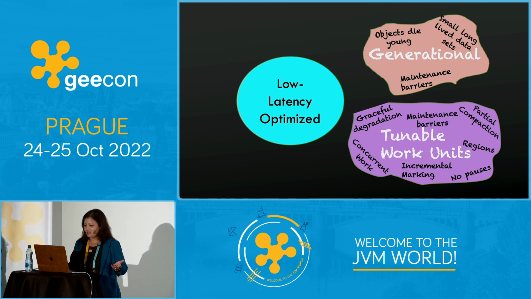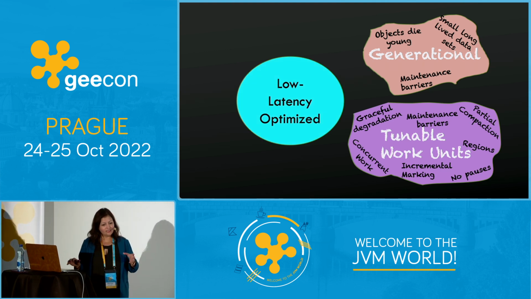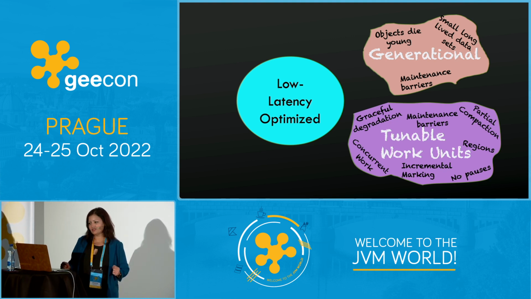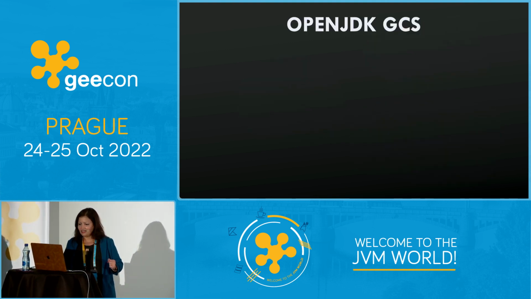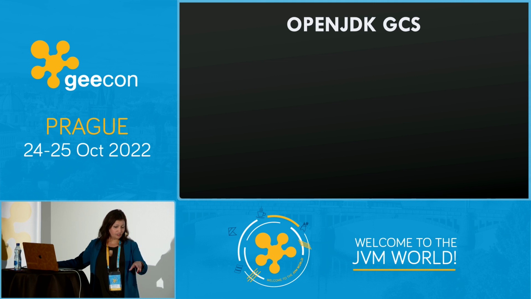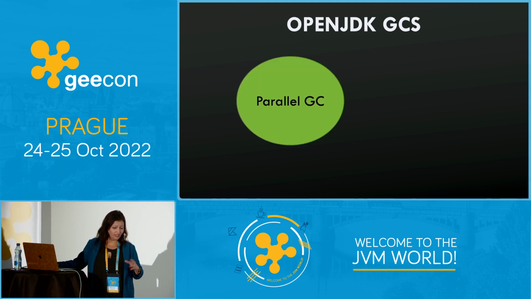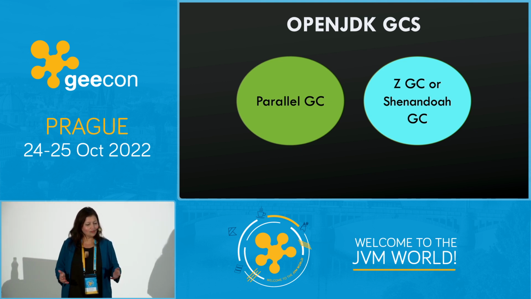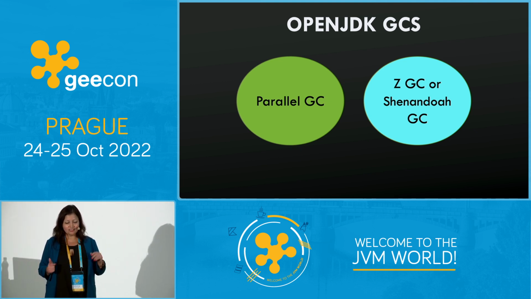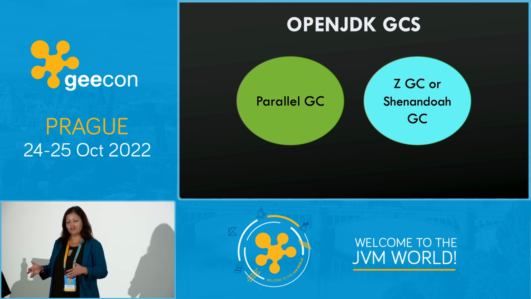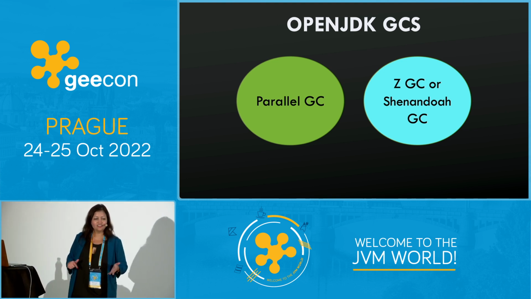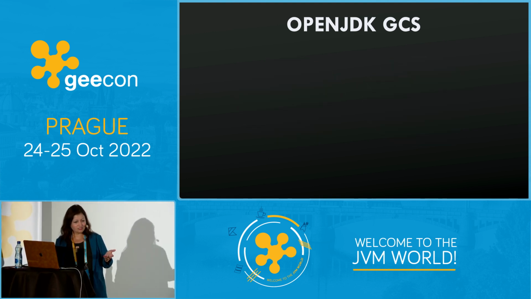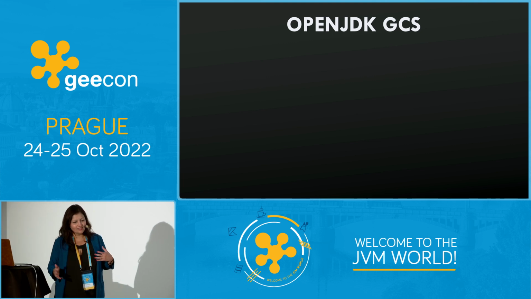So with that, we also need maintenance barriers, because anytime you have any kind of concurrent work, you need barriers. So if I told you that the 2 GCs that we designed actually exist in OpenJDK, the throughput maximizer on the left is your parallel GC, and then on the right you have ZGC and Shenandoah, right? Now we were at the keynote, and of course there was a discussion of the default garbage collector, and